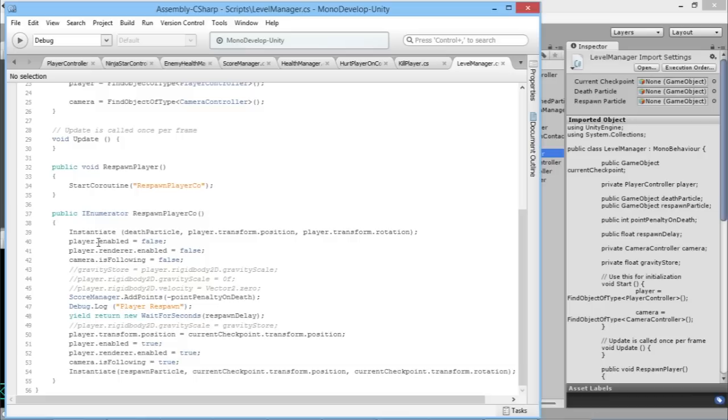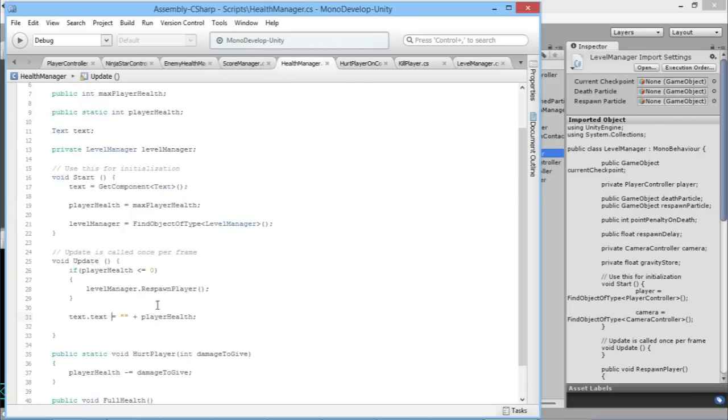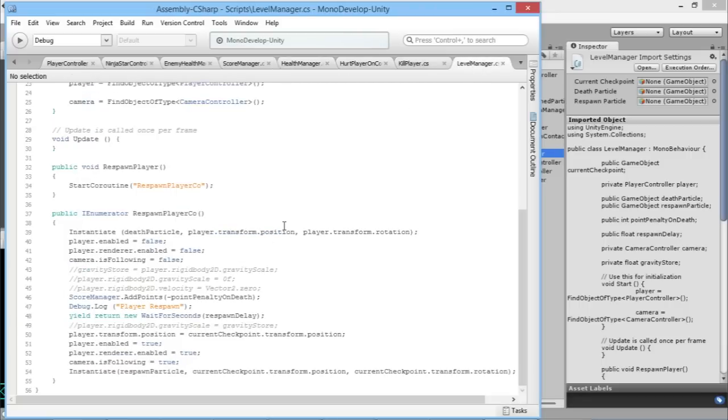So when the health manager detects that health is less than 0, then it'll call respawn player. So we go into our level manager, and then what it does is it plays through this thing, but then the health isn't being reset back up to 5. So the health manager keeps saying, okay, the health is 0 every frame. It goes, health is 0, quick, kill the player. And it just keeps putting the same death script over and over and over again,